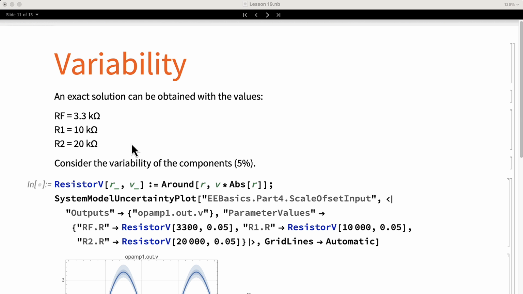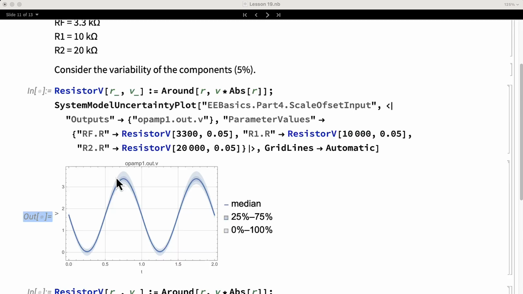kilo ohms. Even when the solution is exact, we need to take into consideration that resistors have a variability. Each circuit that we build will behave slightly different. If we use resistors of 5%, we may end up with a few circuits behaving very far from the target values. In this plot, we can see an aggregate of the results using resistors that have a variability of 5%. We can see that in some cases, the output can go as high as 3.4 volts or as low